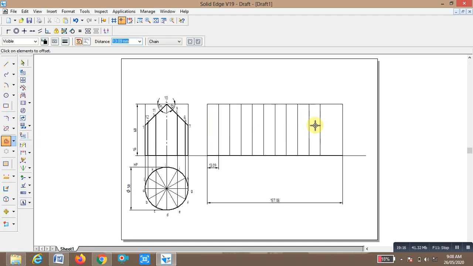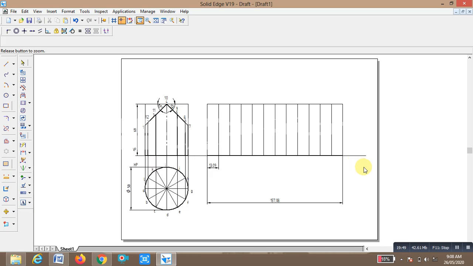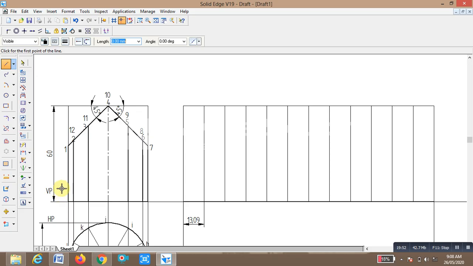Now we are going to draw the arc, how it cuts. Before this we are going to draw the projection lines. Thickness of the line we select as 0.13. You zoom this option, zoom this. From point 1 you draw the horizontal line. Again, select from this point, you draw a horizontal line, exactly horizontal.